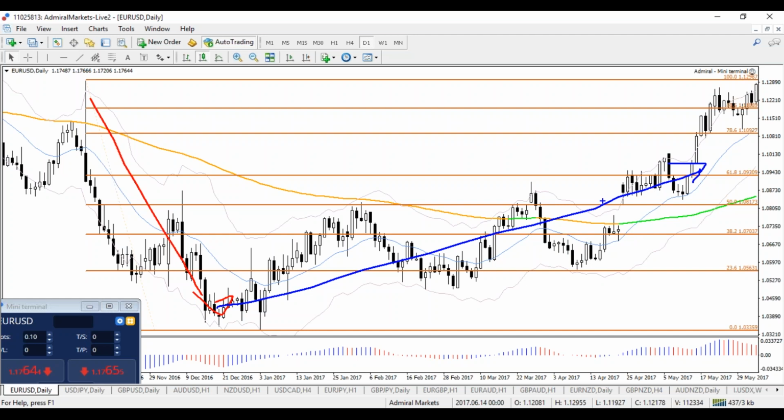But the fib is just one tool, right? Round levels, tops and bottoms, daily highs and lows, weekly highs and lows, monthly highs and lows, moving averages, Keltner, all of these are things that can be used as support and resistance too. All right, so